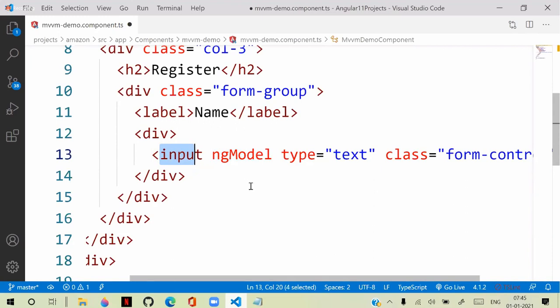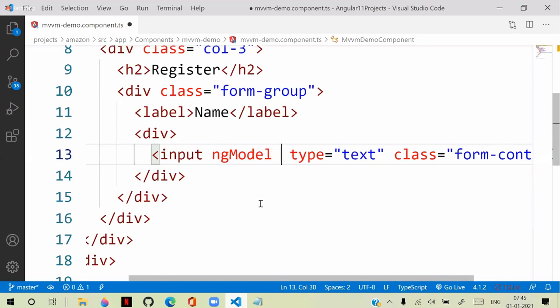After making it dynamic, you can define a reference name for this text box in the UI itself. That means whatever value is collected in the text box, it must be stored in some reference. That reference you have to define with hash. Hash is an ID. So why hash? Because it is an ID selector and it is to be unique actually.